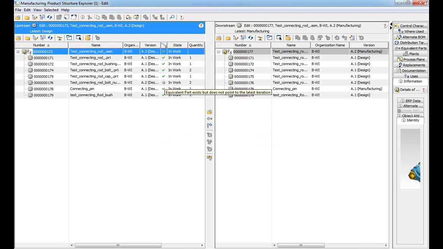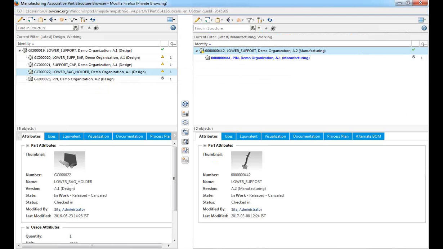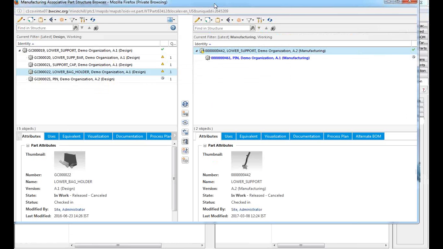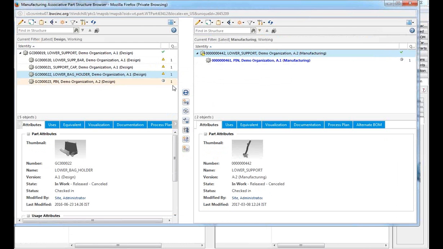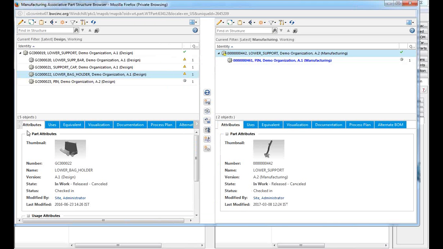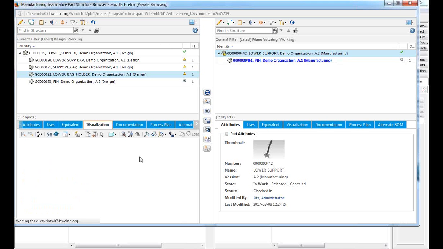And I was talking to you about the Windchill 11 HTML UI. Here, this is how it looks in Windchill 11. Both the engineering and the manufacturing BOM are side by side. As I was saying, the main change attributes of upstream and downstream are side by side. You have the visualization tab here, so the user can see the